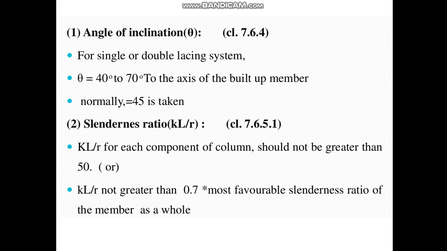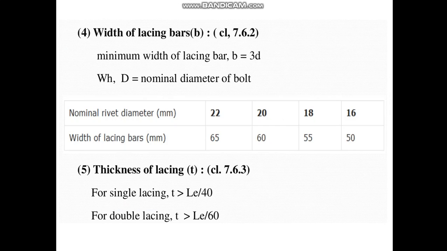The angle of inclination theta according to clause 7.6.4, for single or double laced system, theta varies from 40 to 70 degrees. Normally it is taken as 45 degrees. The slenderness ratio